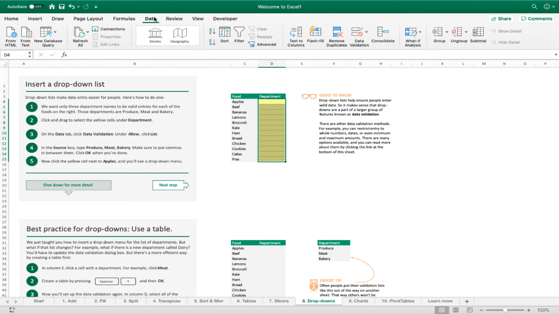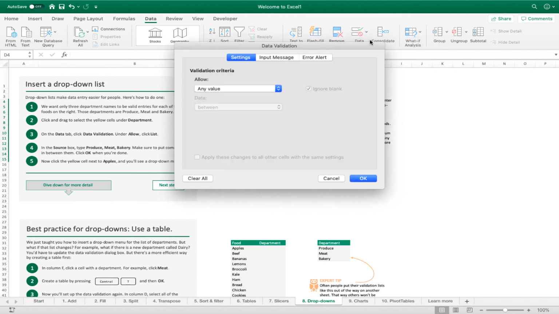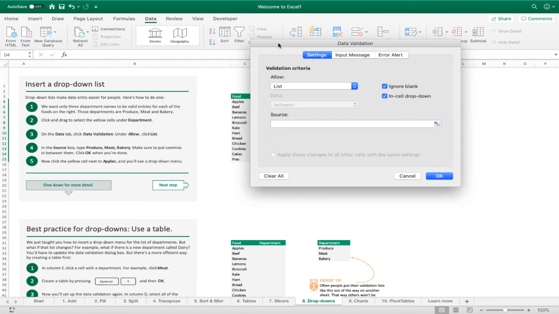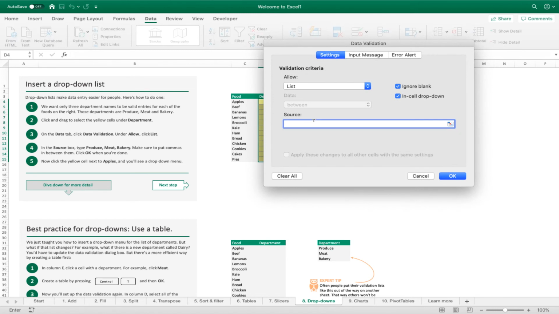Data. Data validation. Allow list. Okay. Produce, meat, bakery in the list.